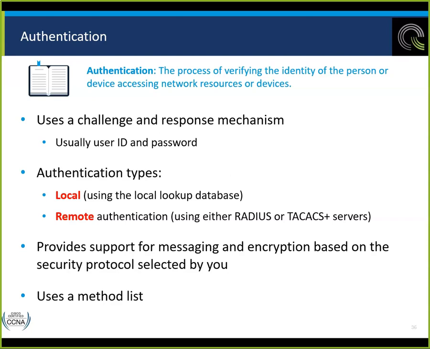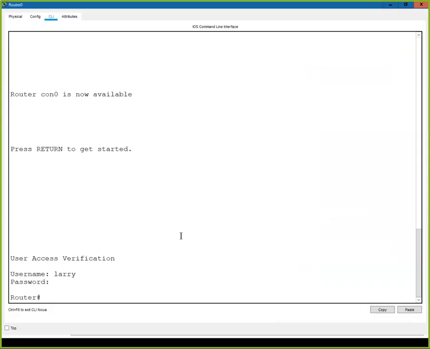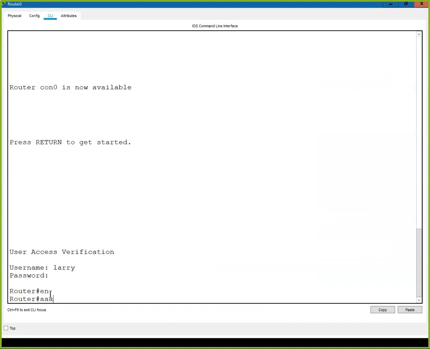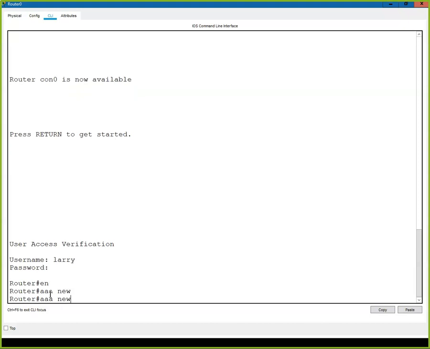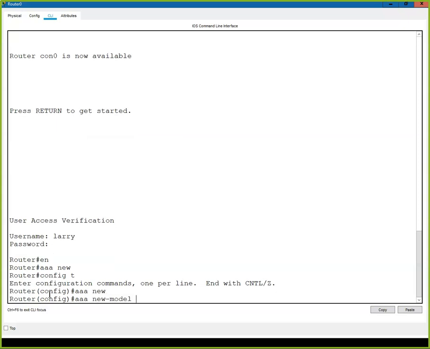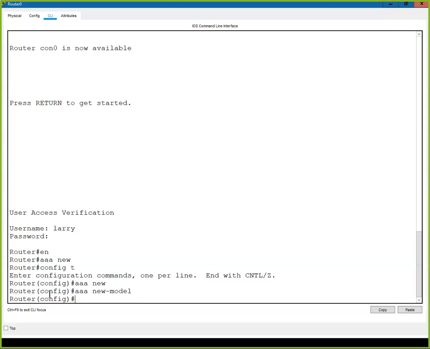Provide support for messaging and encryption based on the security that we're using, and uses a methods list. The methods list, I guess I'm going to have to do more than I thought I was going to have to do here. In a methods list, we would go in here and do an enable, and we're going to use a different way. We're going to use AAA new model. I think in config mode, we'll do that. Big T, AAA new model, which says that now I can do other things. So I'll do AAA authentication,